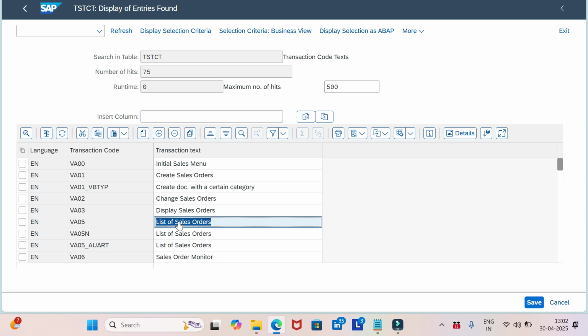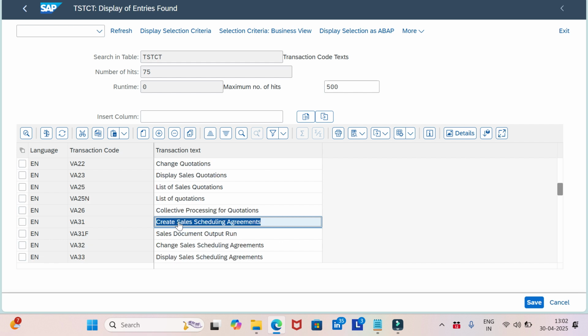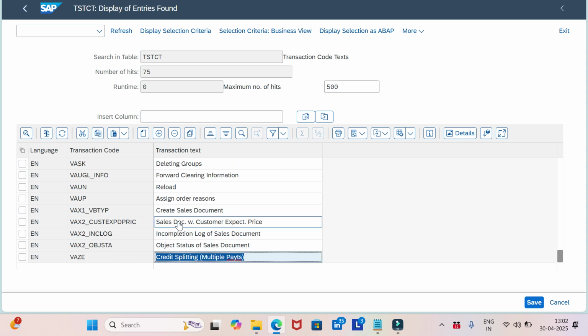So you can take a dump of this, export this data and keep it aside, and refer to it whenever you require. We can see all the T codes here with the description also coming.ь